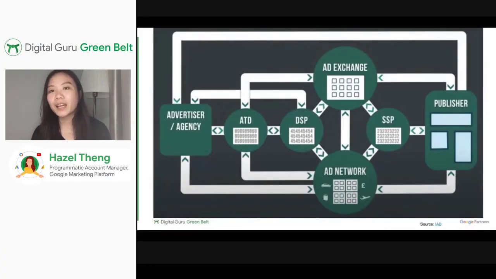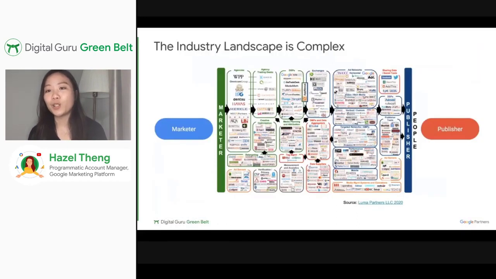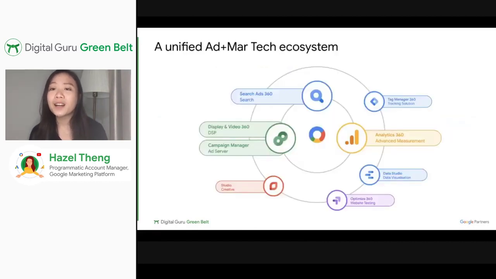So essentially, when we look at the programmatic landscape, it can really be broken down into this main structure that you see in this slide. And I want to show you a quick industry landscape put together by Luma Partners. Some of you might have seen this before, and I'm no stranger that today's programmatic landscape actually consists of multiple players in the ecosystem. And at Google Marketing Platform, we pride ourselves as a single stack that links up both advertisers and publishers across both your advertising and marketing tech ecosystems in a streamlined manner.